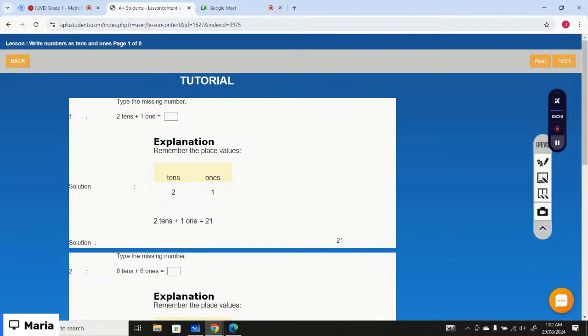Okay, here I am on grade 1 math. Let's just start with the first lesson, that is write numbers as tens and ones. So let's start with the first example, that is type the missing number. So you are given two tens and one ones. So when you have